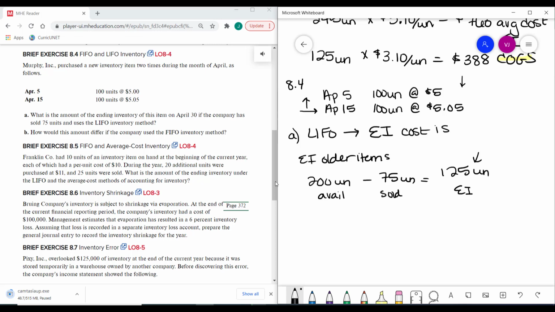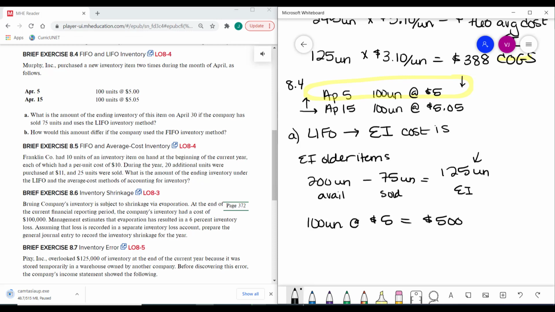Since with LIFO, if you're selling the newer stuff first, the stuff that's left over, the ending inventory, is made up of the older items. Okay? So if there's 125 units left, that must mean that this whole older inventory layer is still there, right? So that means there's 100 units at $5 each left,